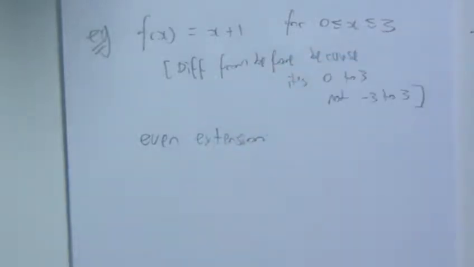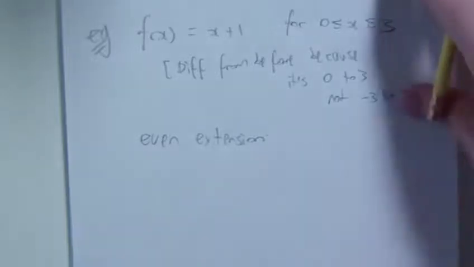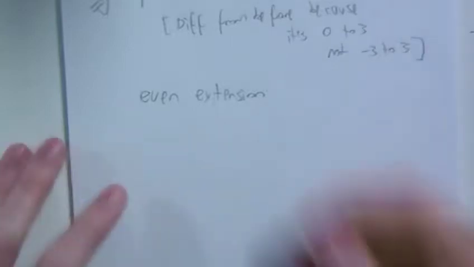Technically I don't actually care what the even extension actually looks like, except that the lecturer keeps asking me to do it. Most of the functions that I'm interested in only exist between 0 and 3. I'm just imagining that if I wanted to make it out of cosines, it would need to be an even function, and it would need to be periodic as well. And so, when you make an even extension,